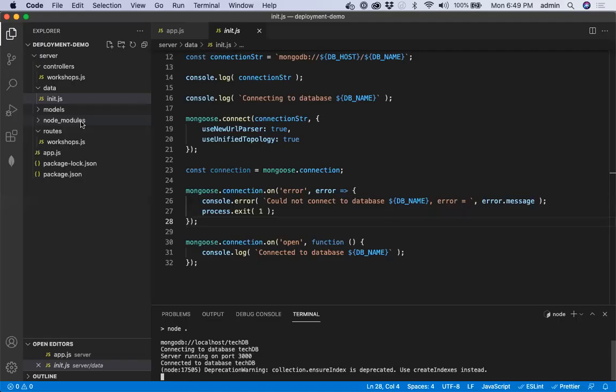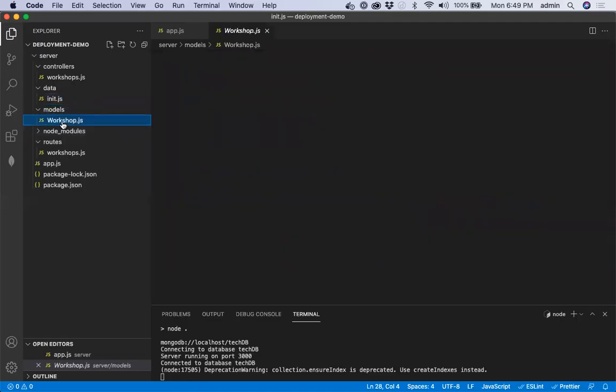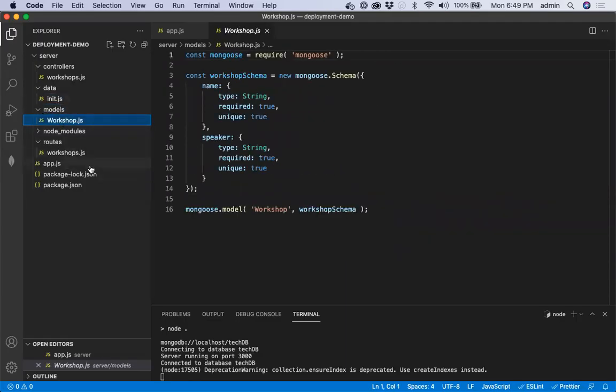Right now we don't have any data. So we'll do some steps so that we seed it with some data. We don't have any documents in the workshops collection initially. There's a model, as you can see, that's there for workshops. And we'd like to seed the workshops collection with some data so that we don't have to upload it from the beginning. So we'll see next how to do that.